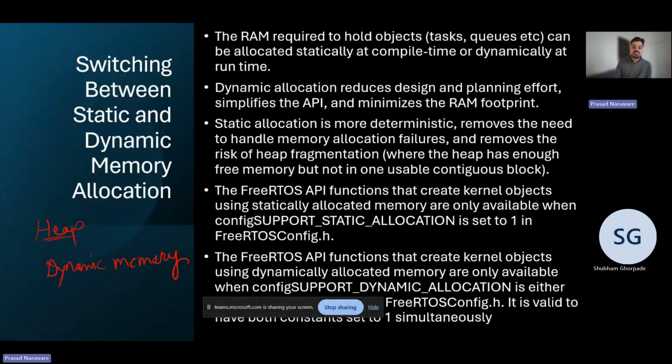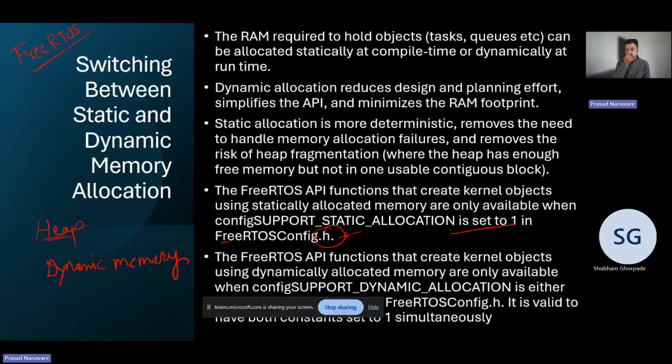So in RTOS, we are going to look at the commands which are specific to FreeRTOS. FreeRTOS is one of the RTOS distributions. In FreeRTOS, if we want to use static memory allocation, there is this FreeRTOSConfig.h header file, and we should have configSUPPORT_STATIC_ALLOCATION set to 1 in this